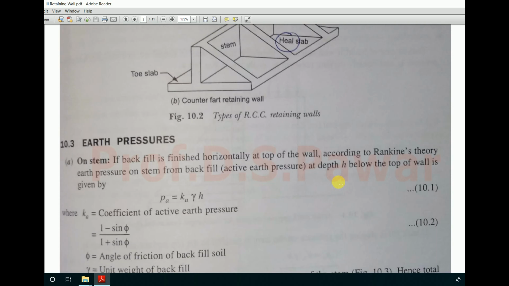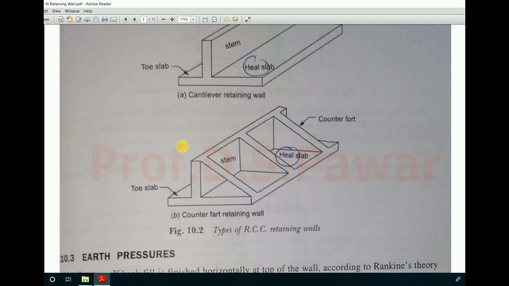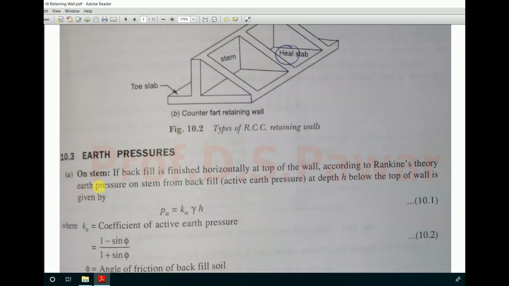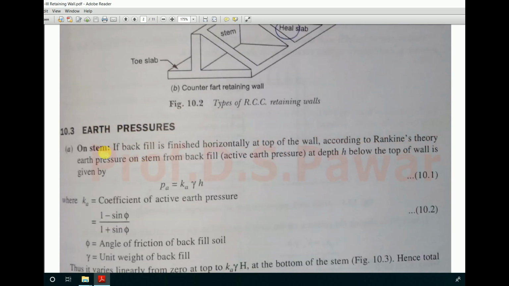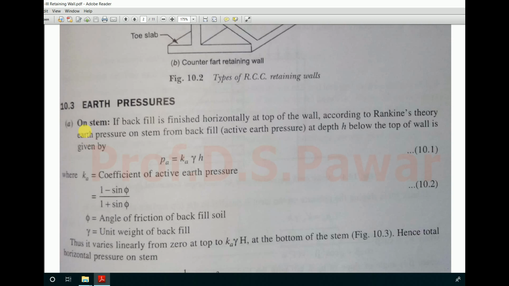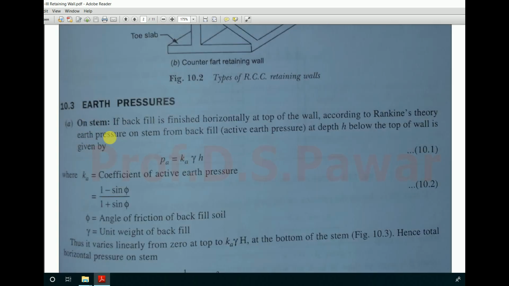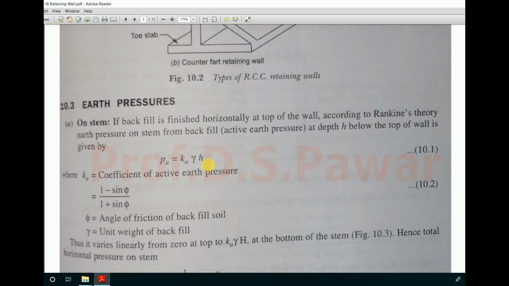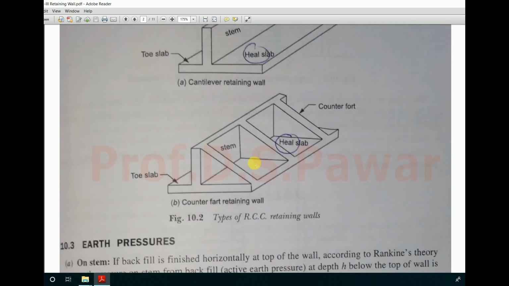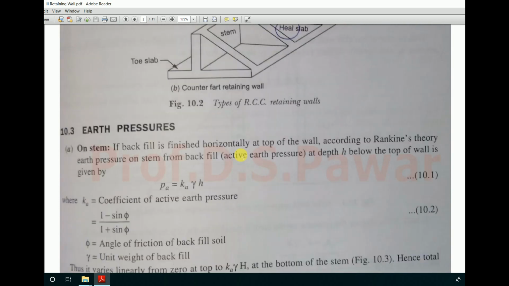now the next thing is the earth pressure, how earth pressure is going to act on a cantilever retaining wall first. So how earth pressure acts on the stem, that we are going to see. As per Rankine's theory, if the backfill is finished horizontally at top level, the active earth pressure on the stem from the backfill at small h below the top of the wall is given by. So here if you are going to consider